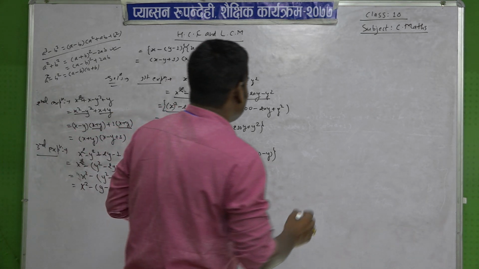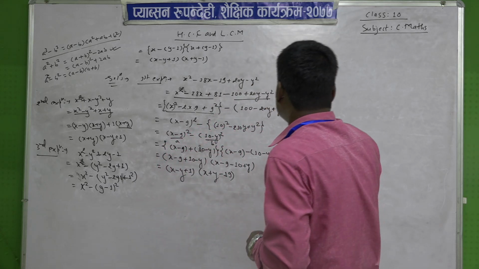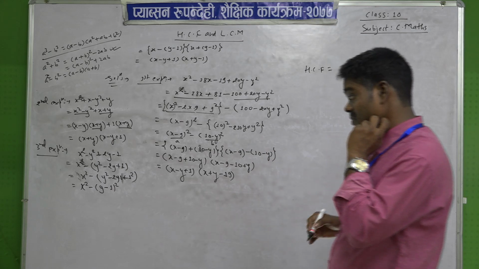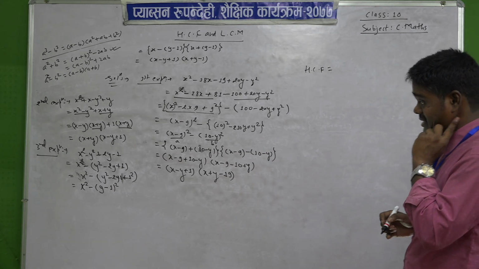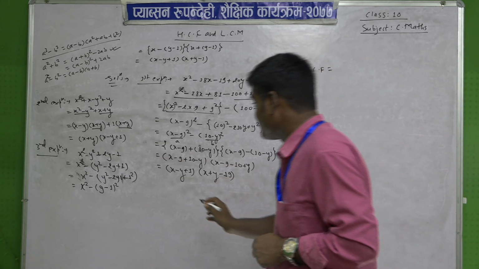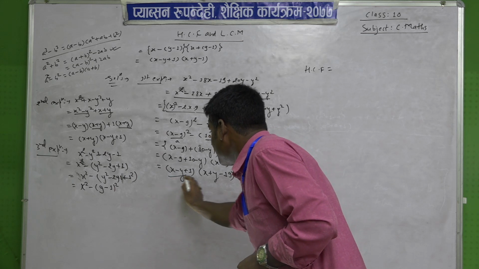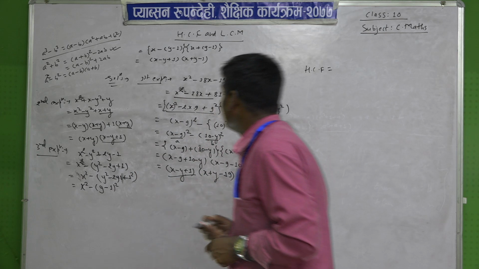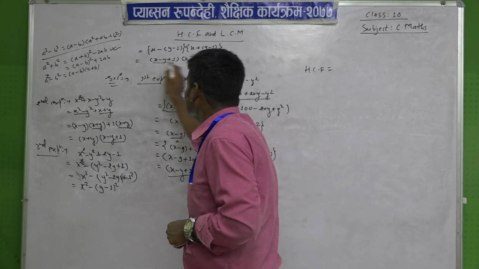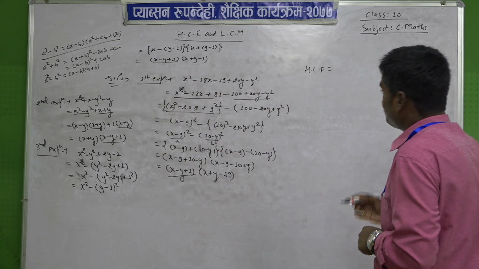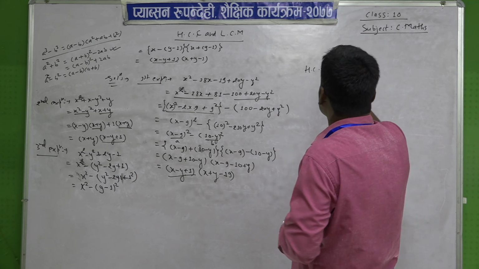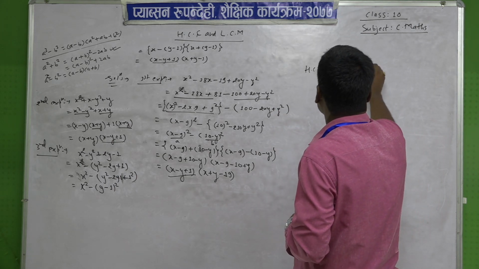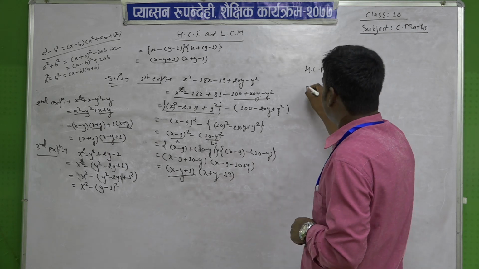And then we have to take the SCF. SCF means the common factor that lies in all expressions. So see very sincerely, you are watching here x minus y plus 1, x minus y plus 1, x minus y plus 1, present in all three expressions as a factor. So x minus y plus 1 is the SCF.